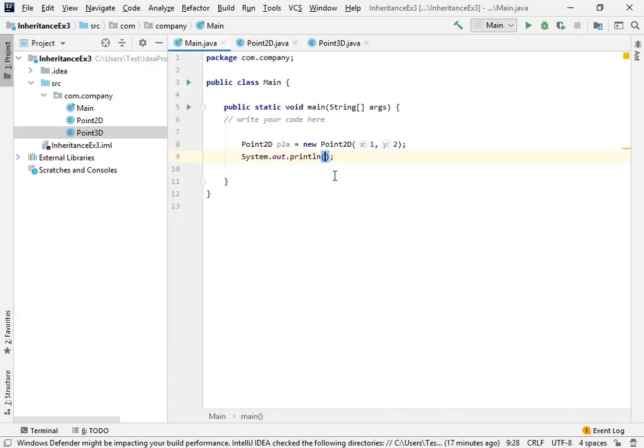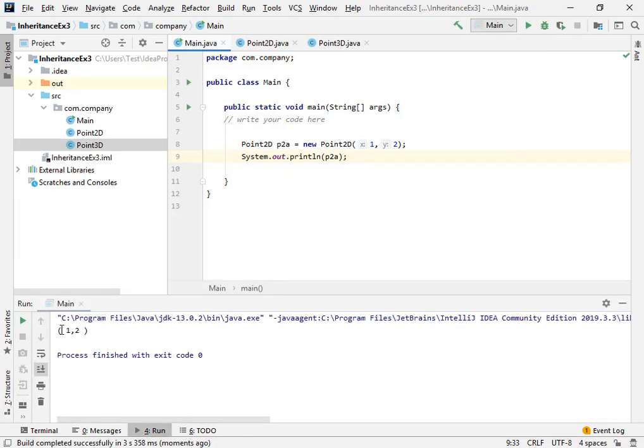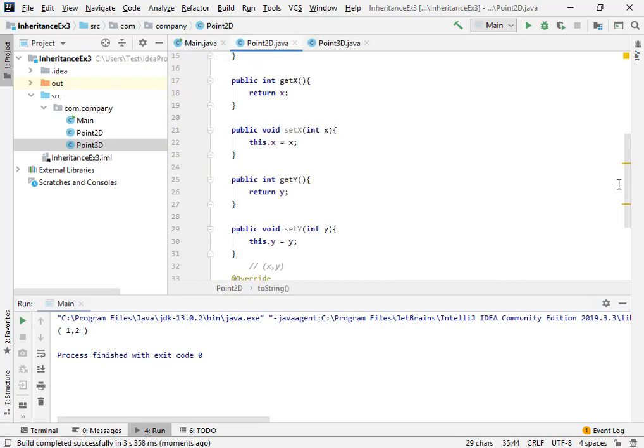So I'm going to use this object which is created, p2a, to print out the value for x and y. If I execute this application at this point, you will notice that we have the values for x and y printed. You can see we have 1 and 2. Okay, so we can also do something like this inside this class.